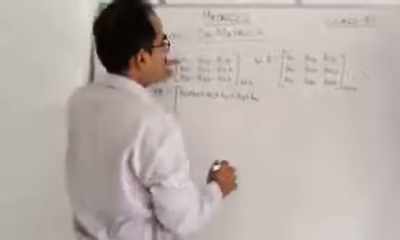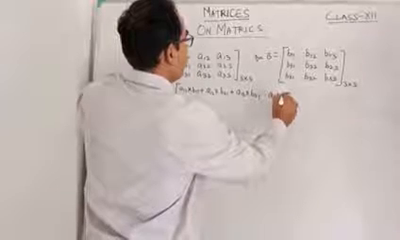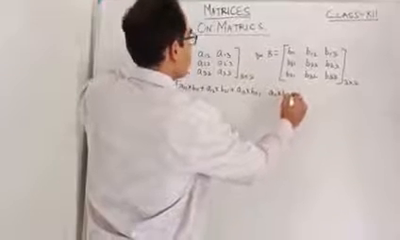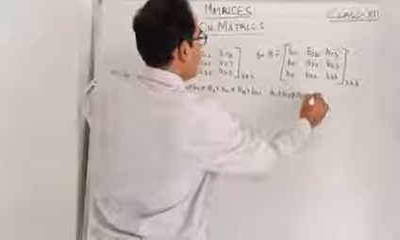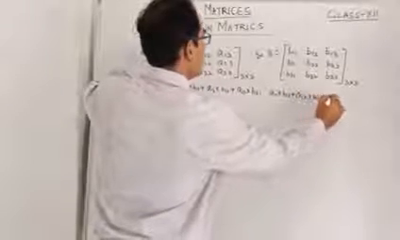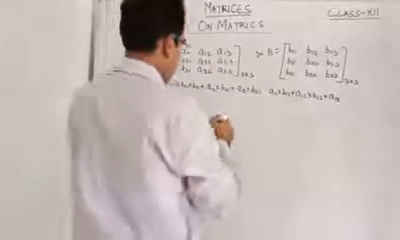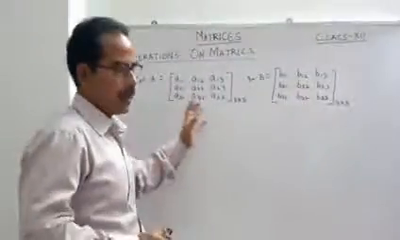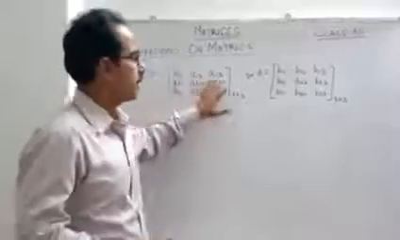Then again, A11 multiplied by B12, plus A12 multiplied by B22 plus A13. Stop. Okay, students. So let us take, I have just taken one A, which is a 3 by 3 matrix, B